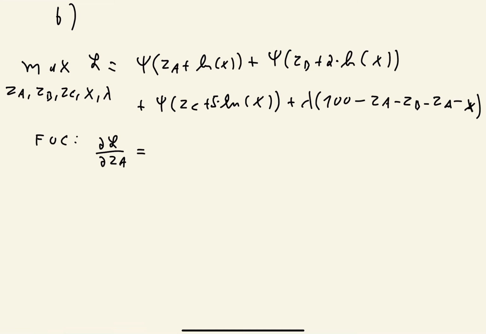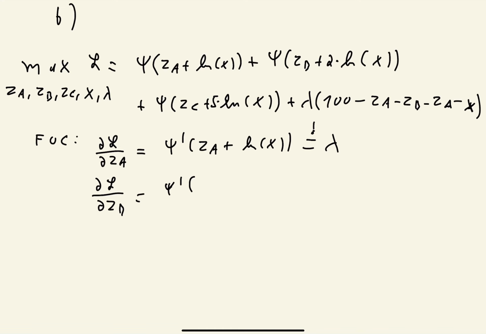Then what we get is the derivative of the social welfare function, evaluated at the utility of individual A. This should be equal to lambda. So I already rearranged the terms here. Then the same thing for individual B. There we get the marginal social utility evaluated at the utility of individual B should be lambda, and the same thing